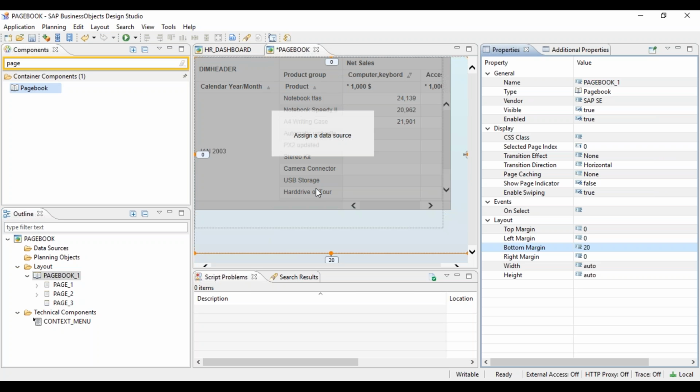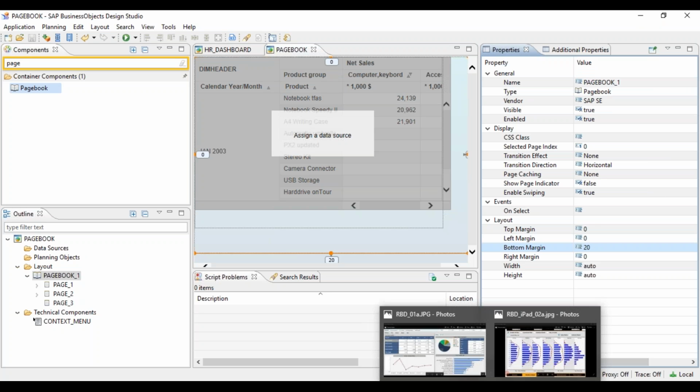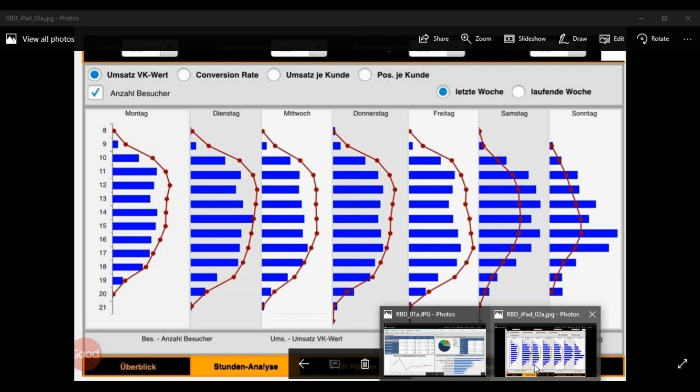Yes, correct. So sometimes users will ask, okay, I want the swipe functionality. So basically, we need to understand first what type of reporting they are looking for. If it is mobile reporting, then we have to think in that way first, and then align the desktop reporting with the mobile reporting. When you talk about mobile reporting, you have very limited space.